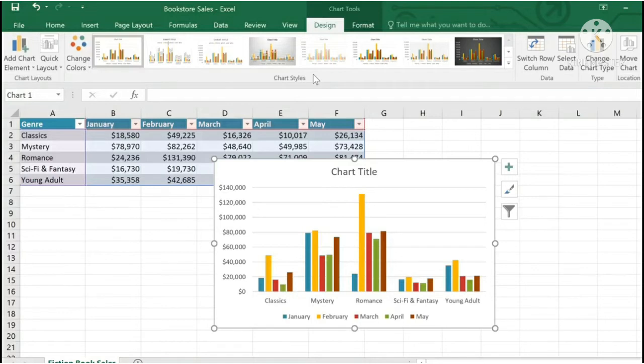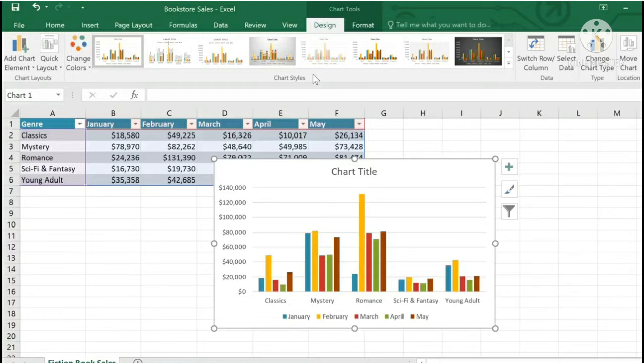And children, you can see this option, Switch Row or Column. That is an option which comes under the Design tab itself, and it helps you to switch between rows and columns to readjust the chart. So these are the different options available inside the Design tab. The next is Add Chart Element. In our previous class we learned certain chart elements, isn't it? Do you remember, children? Our next topic is how we can add these chart elements to our chart.